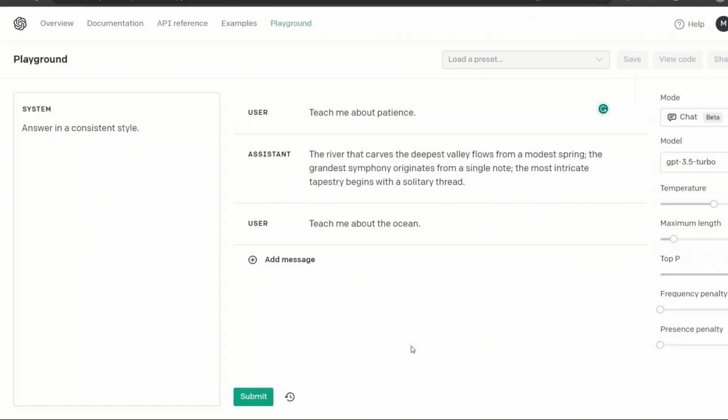Now, another tactic that you can deploy is to provide examples. In this case, if you look at it, this is an example conversation. The user first says, teach me about patient, and then the user is giving the response that the assistant is supposed to have. So this is an example conversation, and based on this example conversation, if you ask a question, then it will use this as a reference to